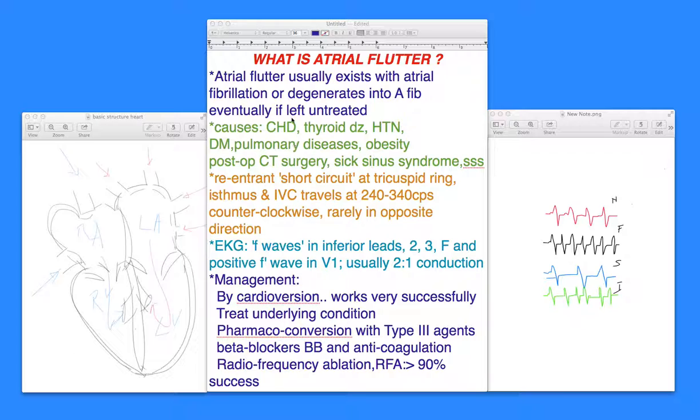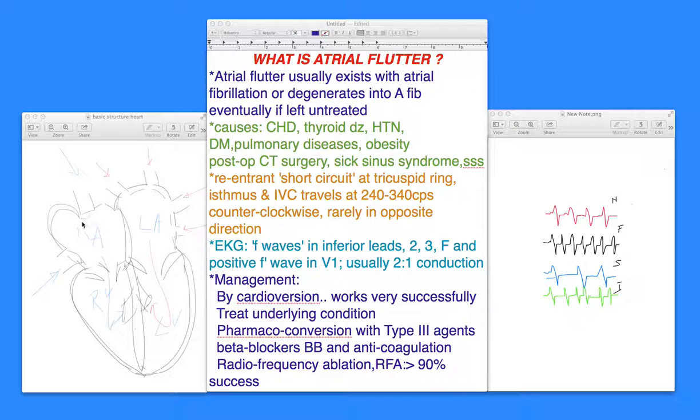This is Dr. Jaitly. Here I'm talking to you about what is atrial flutter. It's an arrhythmia which commonly or usually exists with atrial fibrillation, and if atrial flutter is left untreated, it will degenerate into atrial fibrillation eventually. So it is a fairly irregular rhythm where the ventricular rate is about half the rate